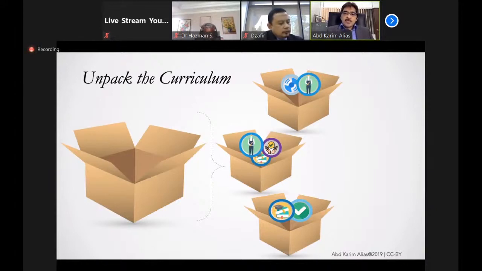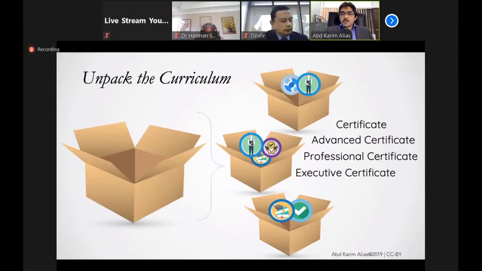So as a student, as a learner, I can take any of these packages anytime that I like. But if I wish to get the full qualification, I know that I have to take all the 3 packages and all the modules inside the 3 packages, but I have total control of when and where and how I want to do it. And we can offer this as a standalone freestanding program, certificate or advanced certificate program and so on.